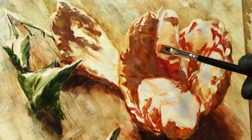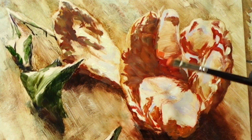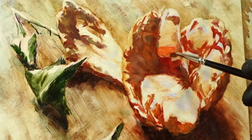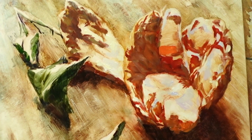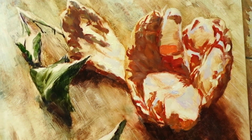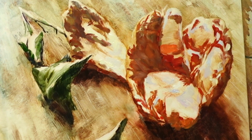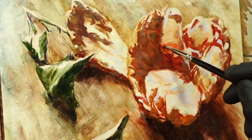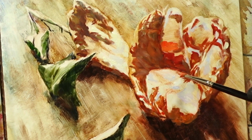I'm using a Rosemary & Co. number 4 pure sable. It's very soft but has a nice firm body, great for doing detail work. It's a flat, but if you paint with the knife edge you can get a line, you can get a sharp edge, or if you paint with the full flat you can get a wide stroke and cover a lot